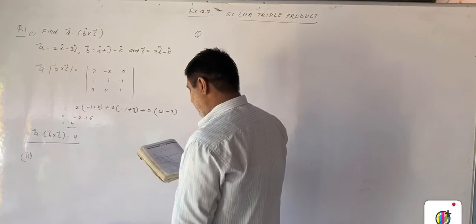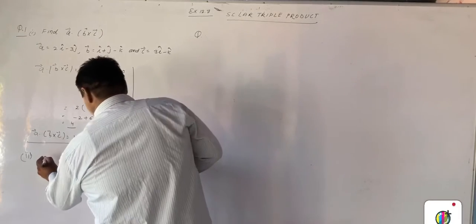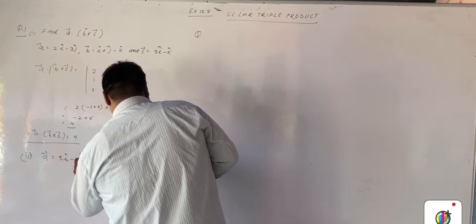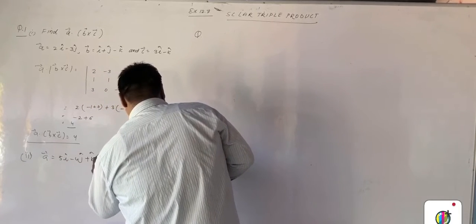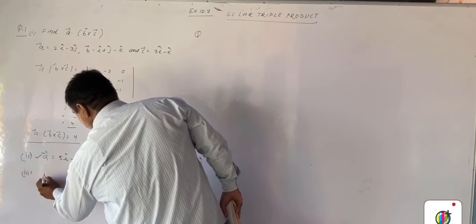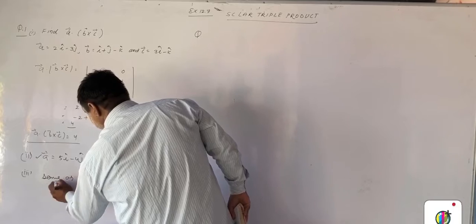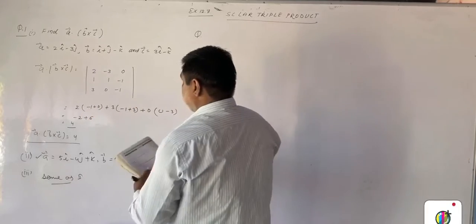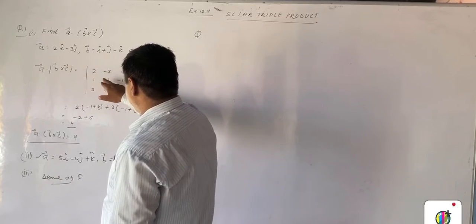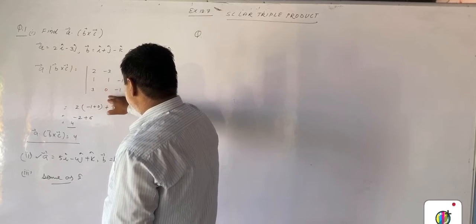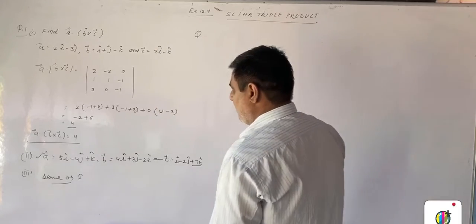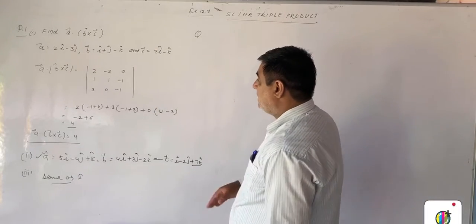Now the second part is given. Vector A is equal to 5i minus 4j plus k and vector B is equal to 4i. This second part and third part are the same as the first part. So now we solve these second and third parts like the first part. First we take vector A, after this vectors B and C. Now we find the determinant, and this is the solution of the second and third parts of the question.